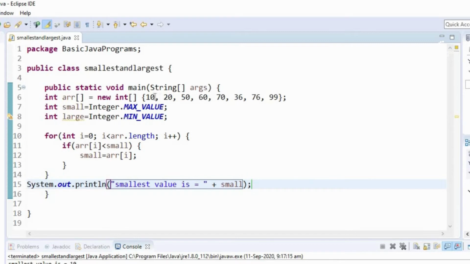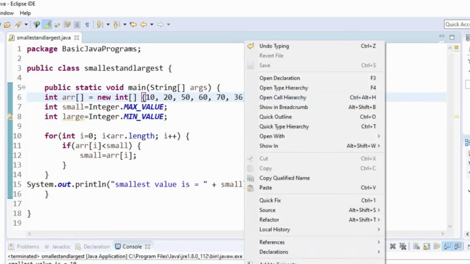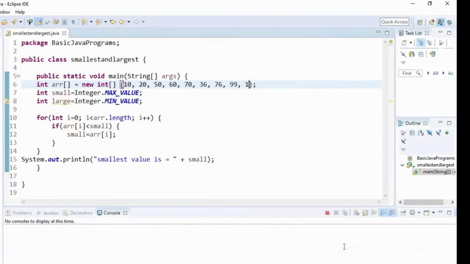We are getting the smallest value is 10. If you look at the array, this is the smallest value. So let's increase this array and just put 1 and check if we are getting output as 1. Run as Java application. The smallest value is 1. Perfect, so it's working for the smallest.